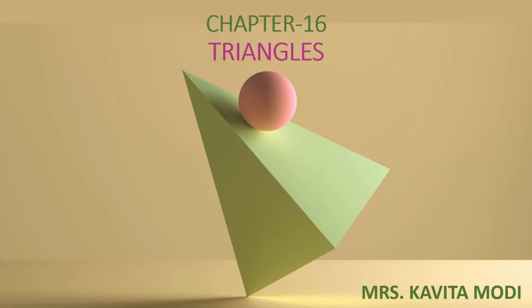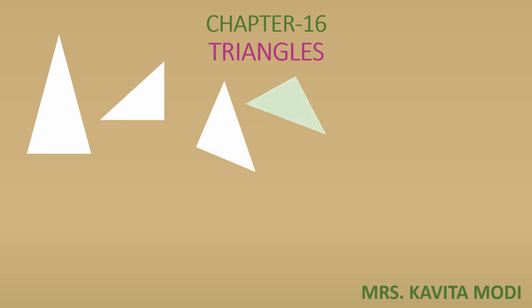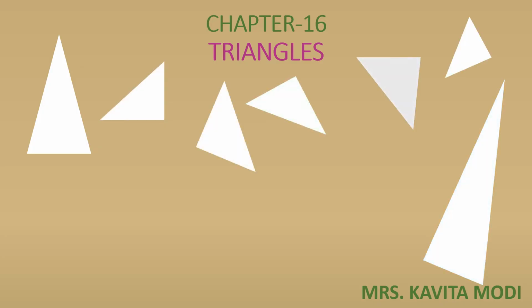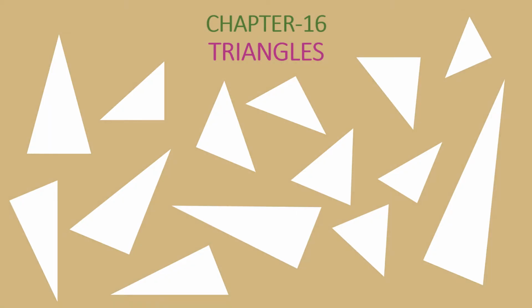Today we are going to continue chapter 16, Triangles. In this chapter we are going to see the classification of triangles. As we just have circles and squares, very simple terms, but triangles, there are so many types of triangles that the mathematicians were not happy calling them just triangles. Let me show you why.